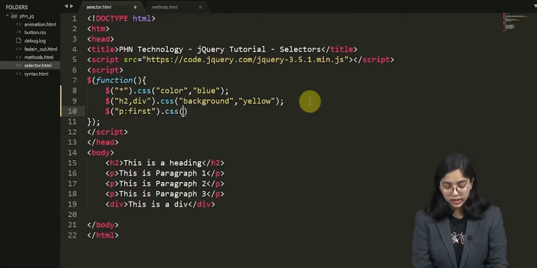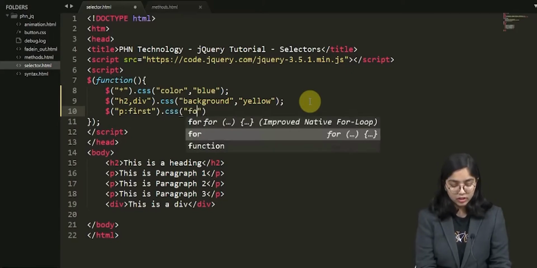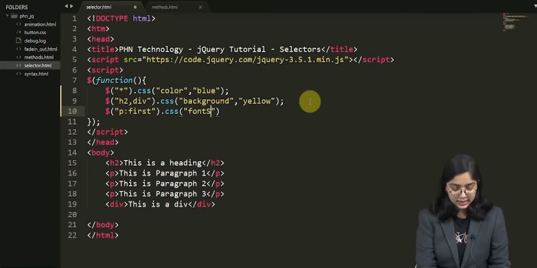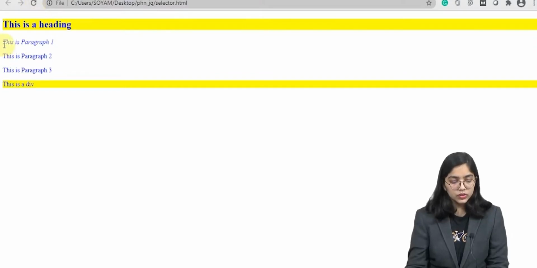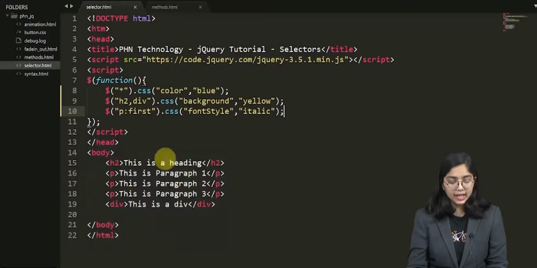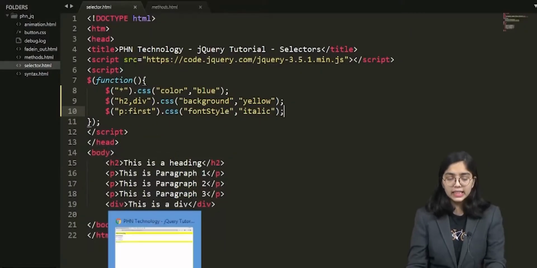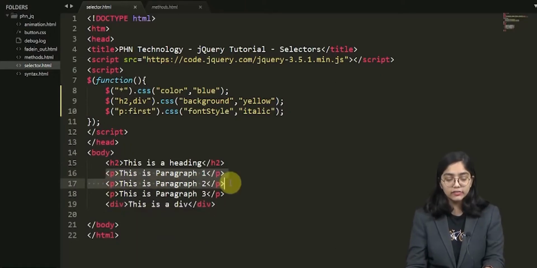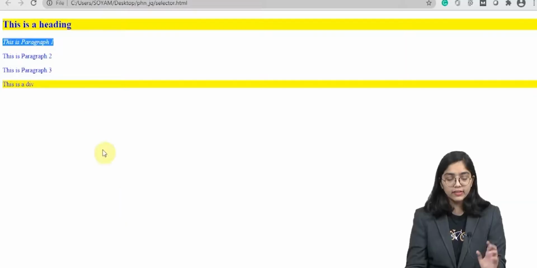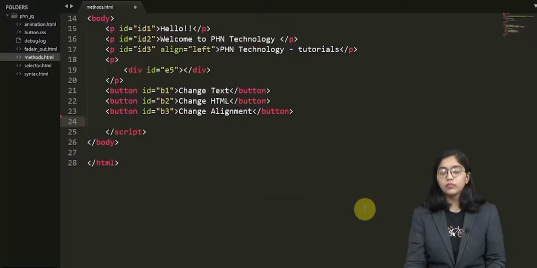Let's give it a font style as italic. So my first paragraph, as I have mentioned first, have I given any class name over there? No. Still it has seen that this is the first paragraph and it has given italic style to it.